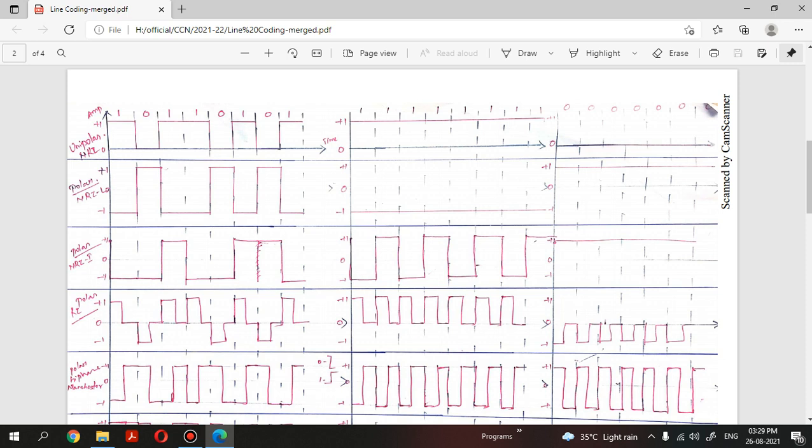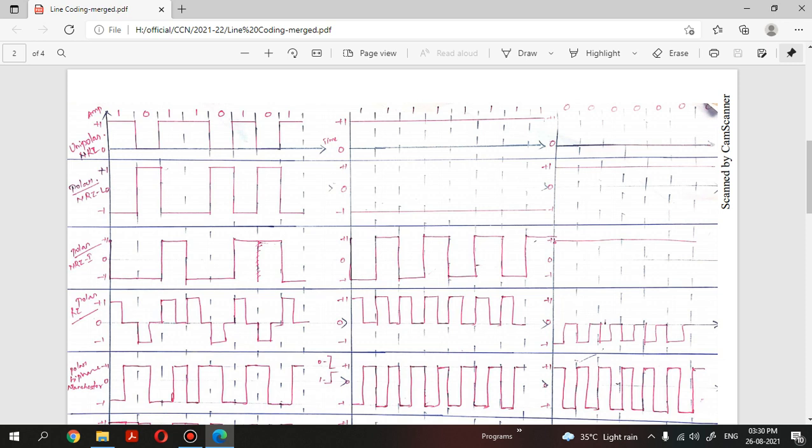Because the receiver clock rate is faster than the sender clock rate, that may lead to misinterpretation of data, right? So these three are the major problems. Self synchronization is nothing but it is getting caused because of non-syncing of the clock rate of sender and receiver. But in the case of baseline monitoring and DC component, this problem occurs because of the same reason.